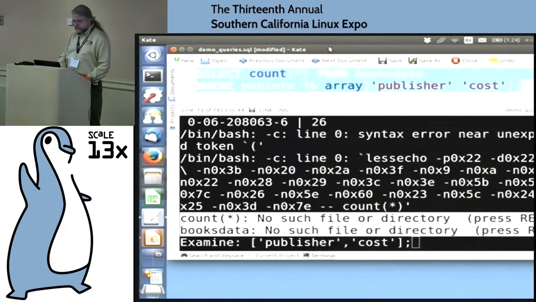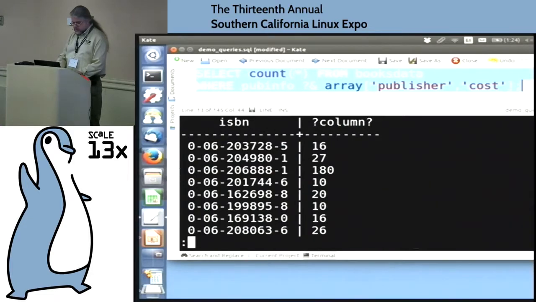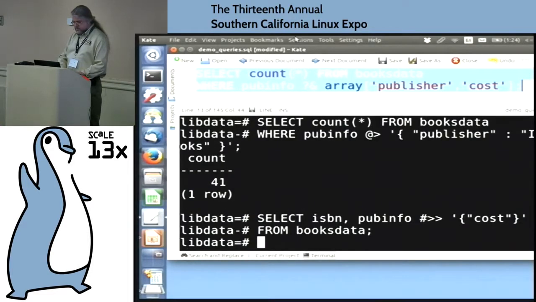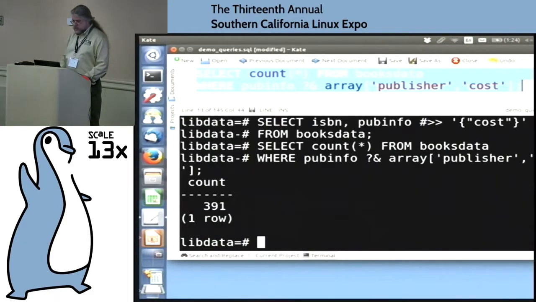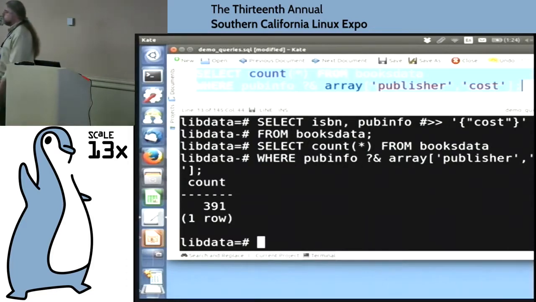Oops, hold on, I actually have to quit the previous query. There we go. We got 391 that have both of those keys, which should be enough to actually do some stuff with.